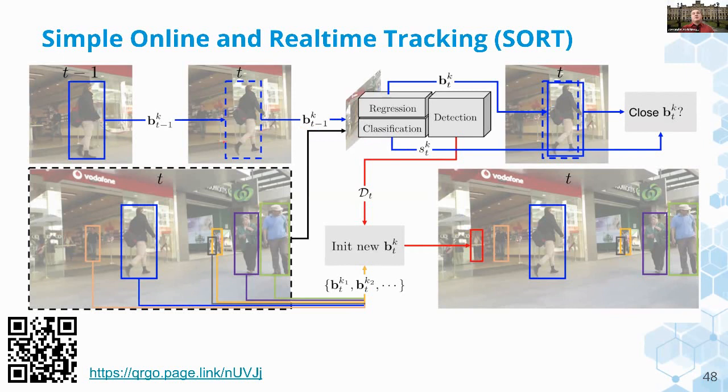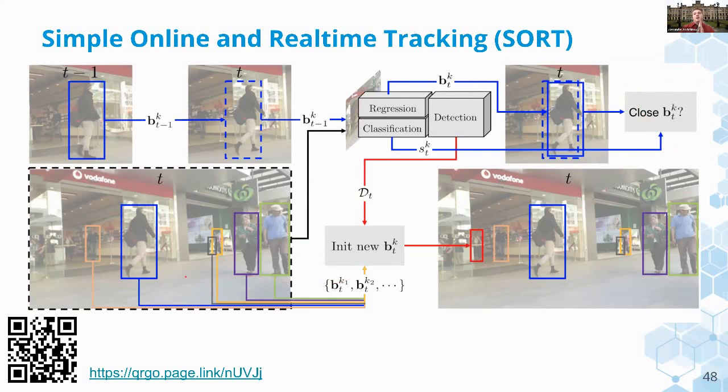Suppose that the objects that we are tracking will be occluded by some other object, or some background, for a considerable amount of time. Then using our pipeline, we simply decide that we lost our object, and we simply close this trajectory, but